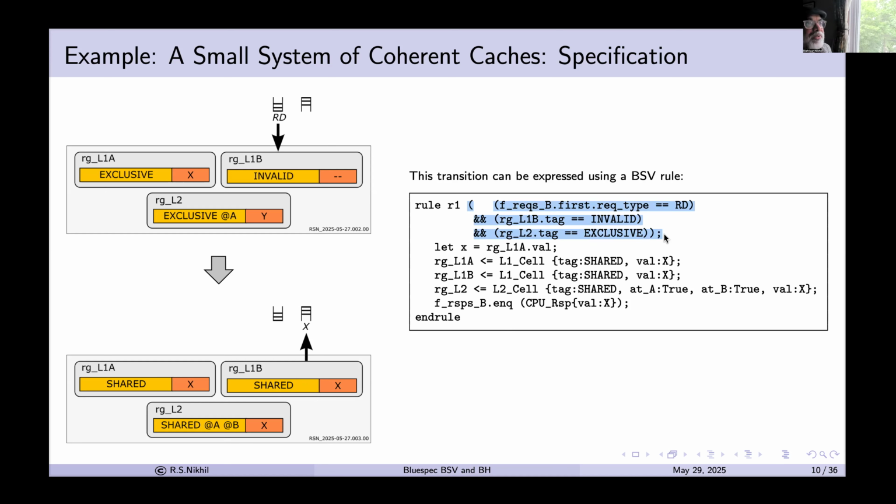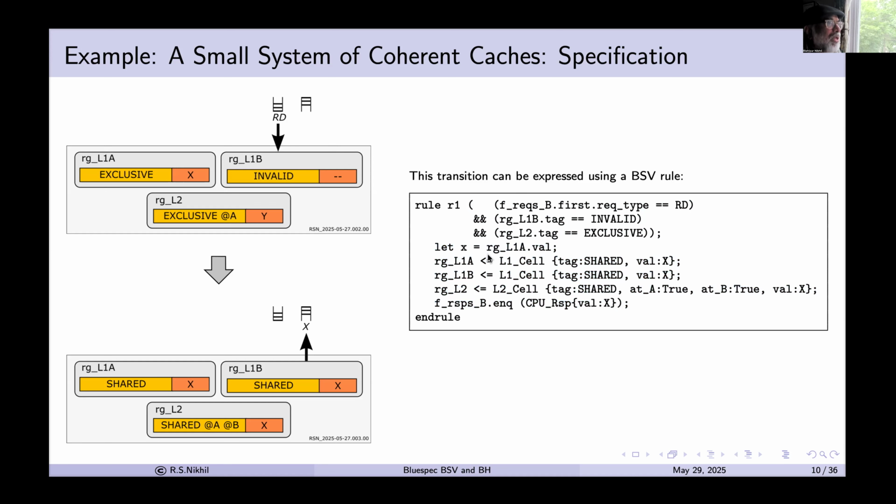It says this rule is enabled whenever this condition is true, and what it's saying is: if the first element of the request has a request type that is a read request, and L1B's tag is invalid and L2's tag is exclusive, then perform the actions shown in the body of the rule,